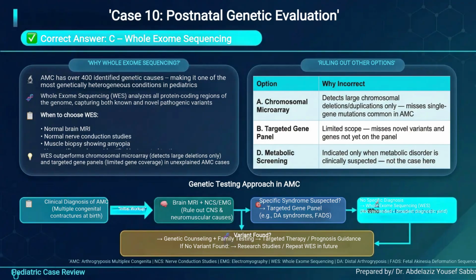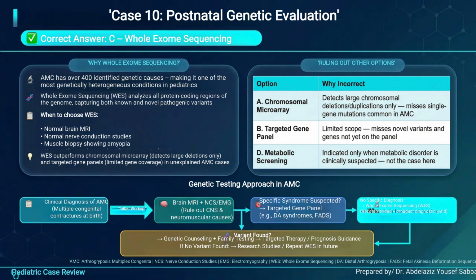Arthrogryposis multiplex congenita has over 400 identified genetic causes, making it one of the most genetically heterogeneous conditions in pediatrics. Whole exome sequencing analyzes all protein-coding regions of the genome, capturing both known and novel pathogenic variants. It is chosen in this case because brain magnetic resonance imaging is normal, nerve conduction studies are normal, muscle biopsy shows amyoplasia, and no specific syndrome has been identified by targeted testing. Whole exome sequencing outperforms chromosomal microarray, which detects large deletions only, and outperforms targeted gene panels, which have limited gene